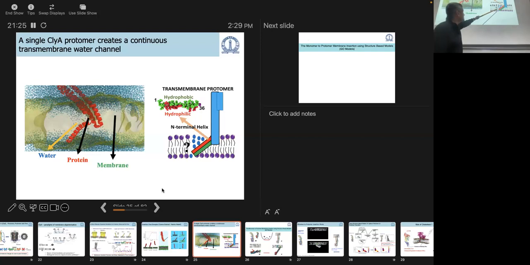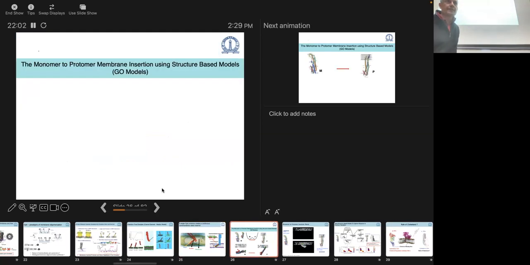And if you look at the structure in more detail, there is a hydrophilic and a hydrophobic phase; it is amphipathic. And the hydrophilic phase faces the water channel and basically allows water to actually pass through the membrane. So even a single protomer, if it's bound to the membrane, can start to cause leakage. And a lot of cells sense this. And I'll show you towards the end that this sensing actually triggers off a lot of repair mechanisms. I think we have also evolved. Bacteria have been around before us, but we've evolved to actually combat these and get our immune systems to function.